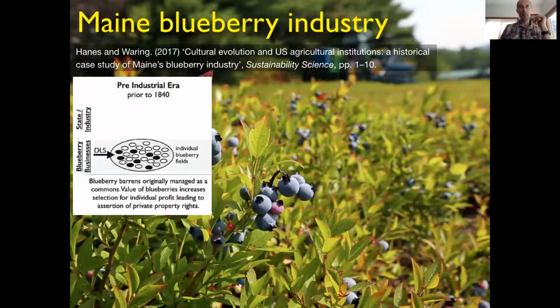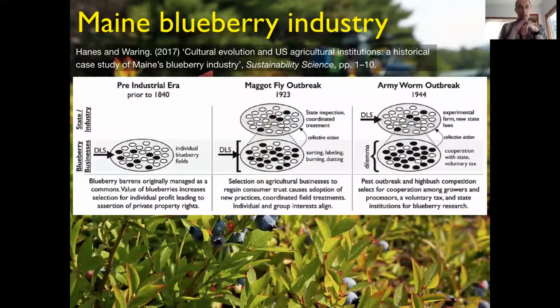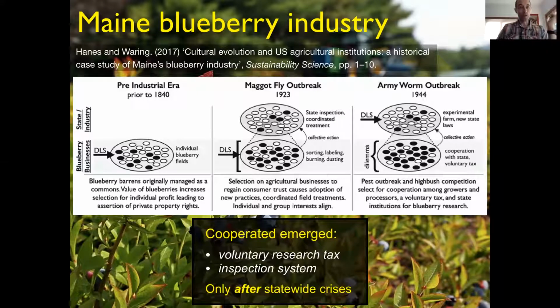I've looked at a couple of different versions of this in Maine. I'm encouraged to study processes that happen in Maine, like blueberries and lobsters. And so here we have some iconic Maine agricultural products. This paper is a historical analysis of the blueberry industry from when it began to current times,